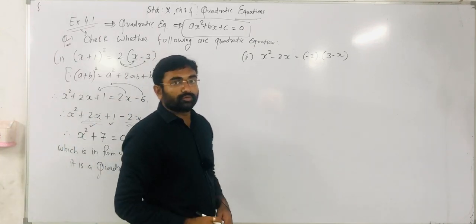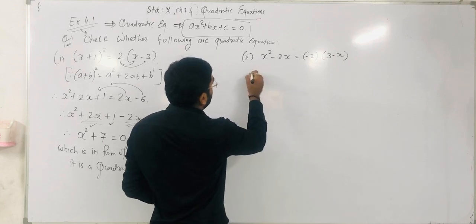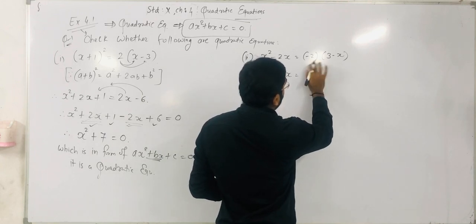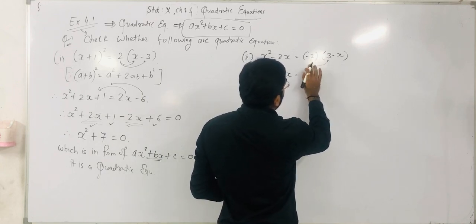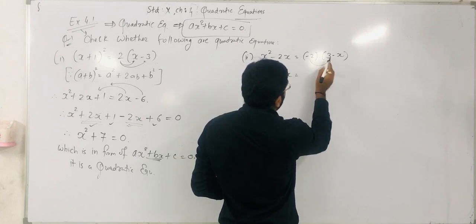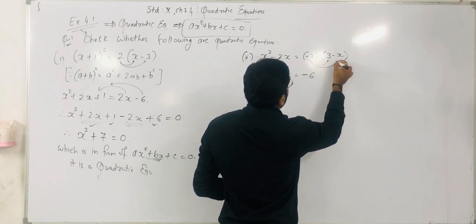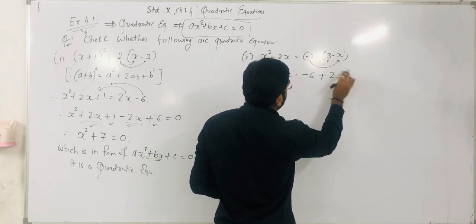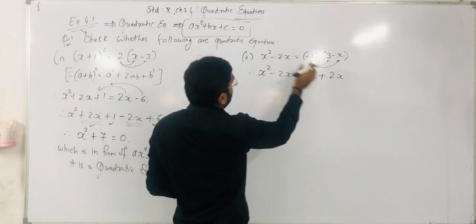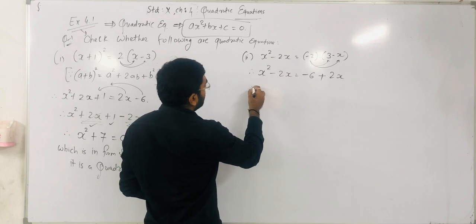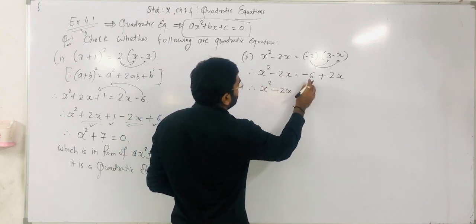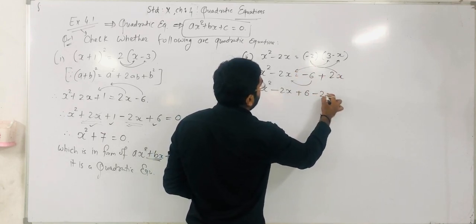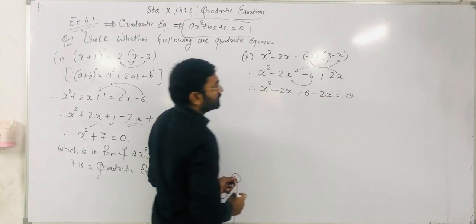In the same way, question number 2 we have to solve. Here on the left hand side of the equal sign, x² − 2x is given. On the right hand side there are two terms in multiplication. So minus 2 we have to multiply inside the bracket with the first term. So minus 2 into 3 is minus 6, minus 2 into minus x, minus minus in multiplication becomes plus, 2 into x becomes 2x. Right? As I told you, for the general form all these terms we have to take to the left hand side: x² − 2x. That minus 6 comes to the left hand side and becomes plus 6. Plus 2x comes to the left hand side and becomes minus 2x, equal to 0.